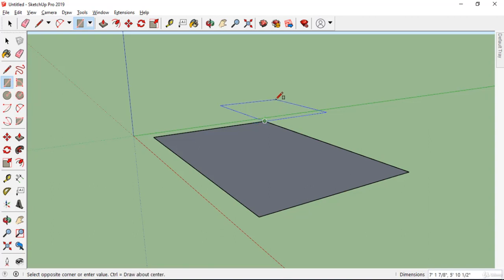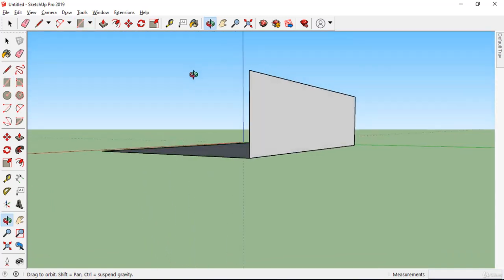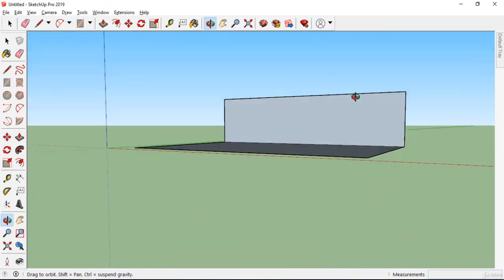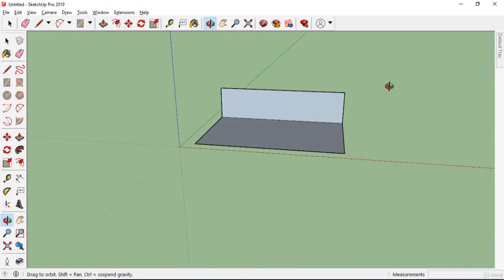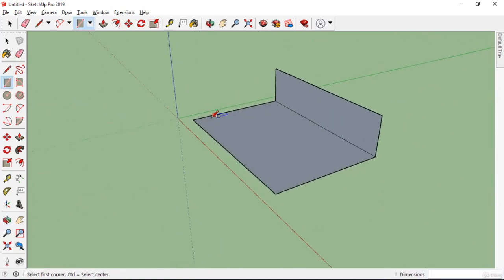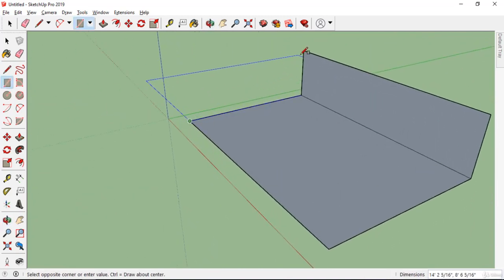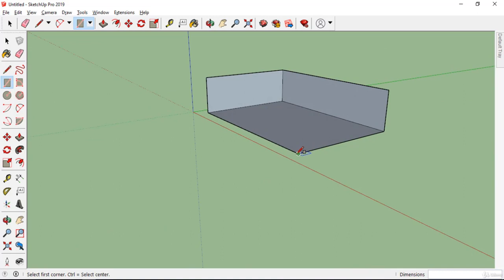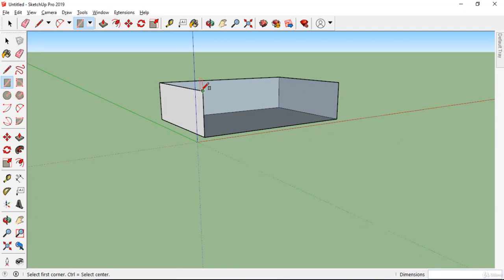So I'll just left click here, hover on this point, and go up, and I will just click. This is our second rectangle, and it is parallel to the Z axis, and it will help us create the cuboid. Again I will start from this corner and drag it till here. We just use the left click of our mouse, and we'll finish it from here, and I'll select the point from here till here. When I